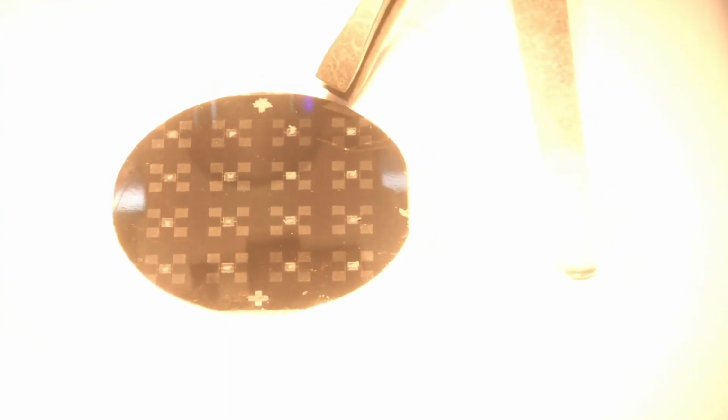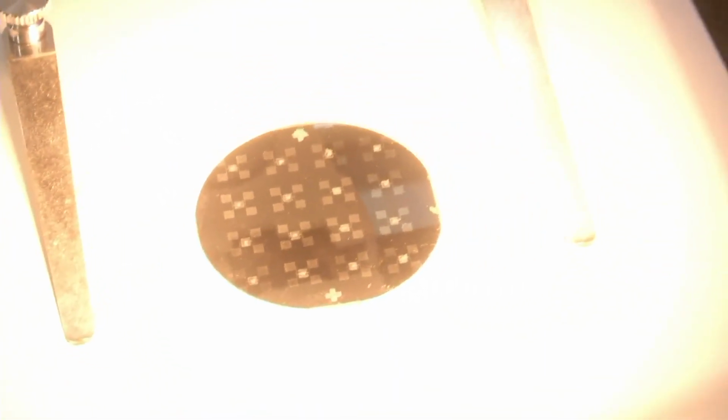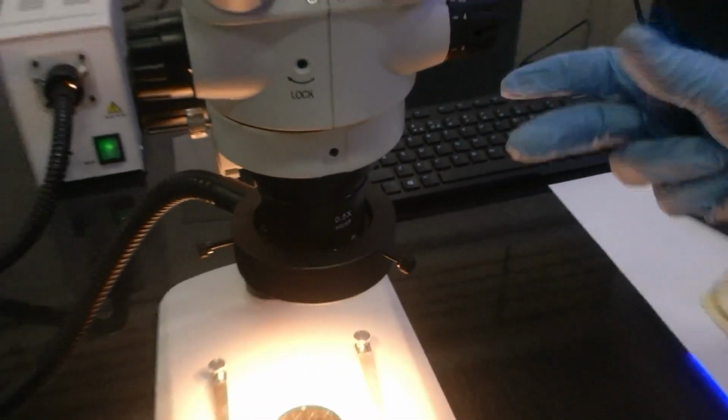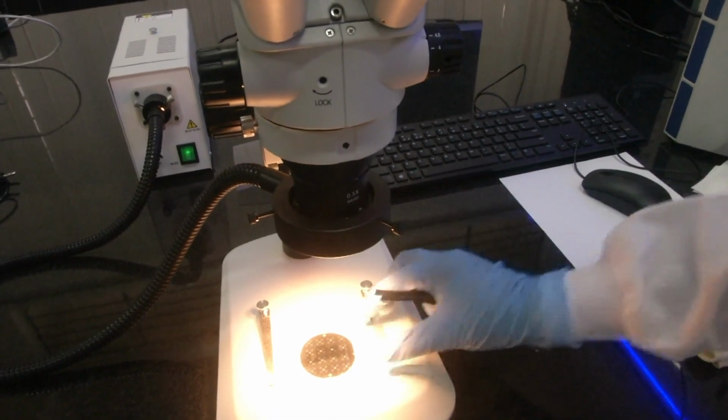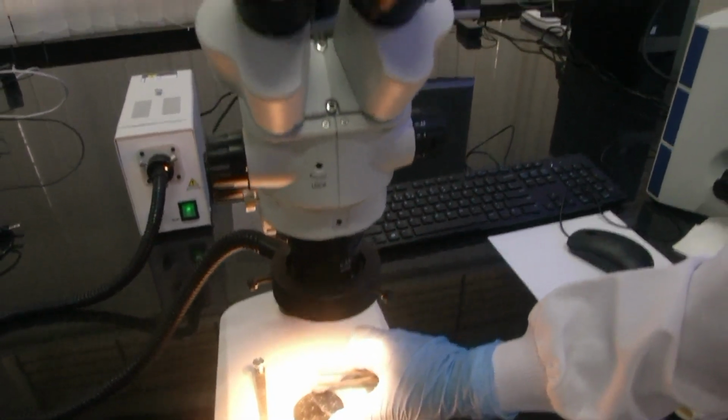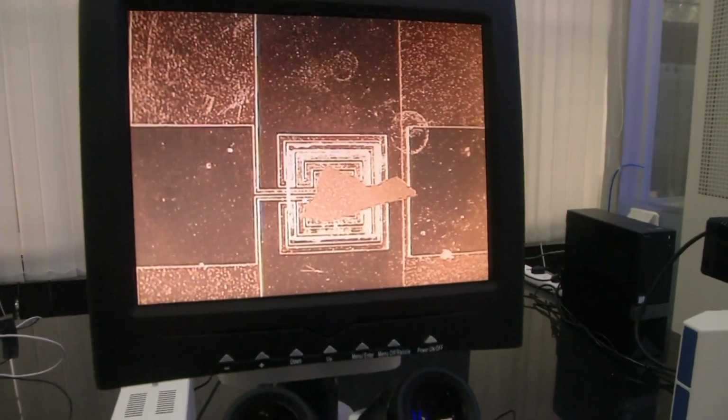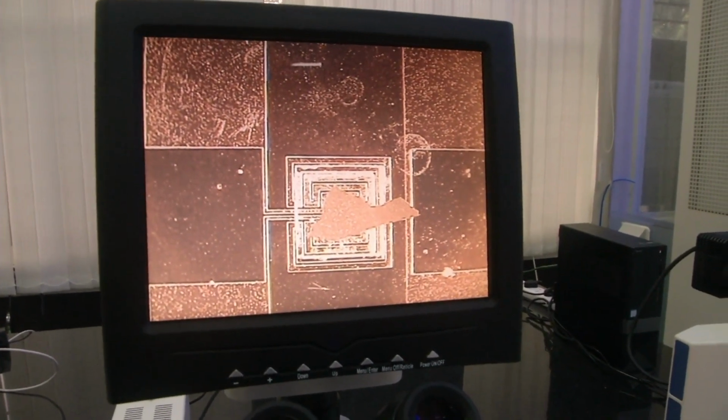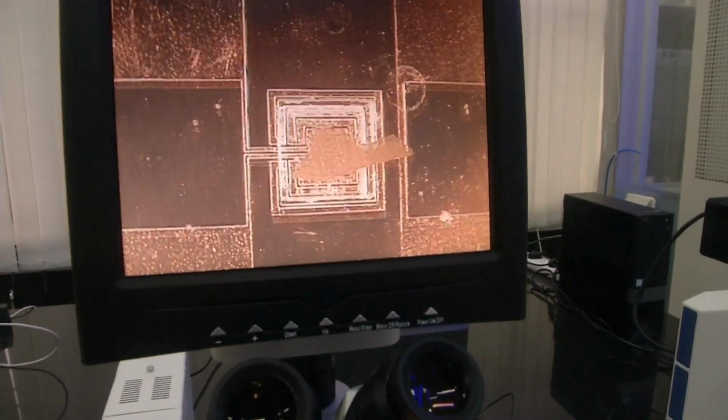Always handle your wafers preferably with a tweezer, and if you are wearing gloves, it is still okay, but please never handle your micro sensors with your bare hands, because it will contaminate the sensor and all your effort will go to waste. Now, we have adjusted the focusing and the magnification in such a way that you will be able to see one sensor arrangement. It is an array of sensors in the wafer. One sensor array you can see in the display.